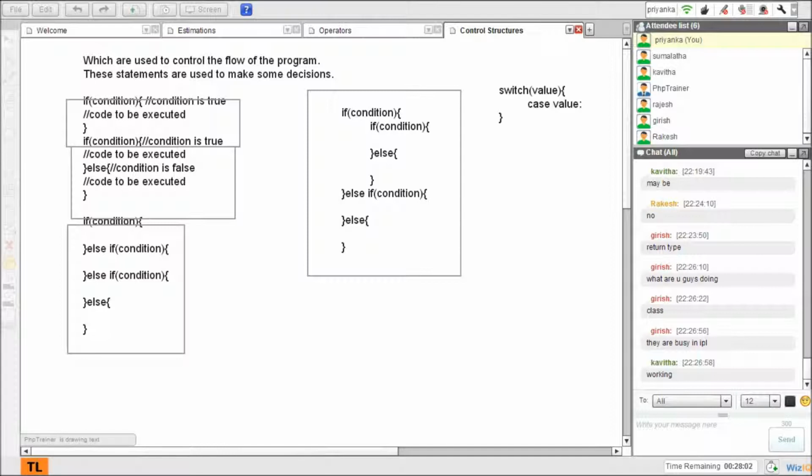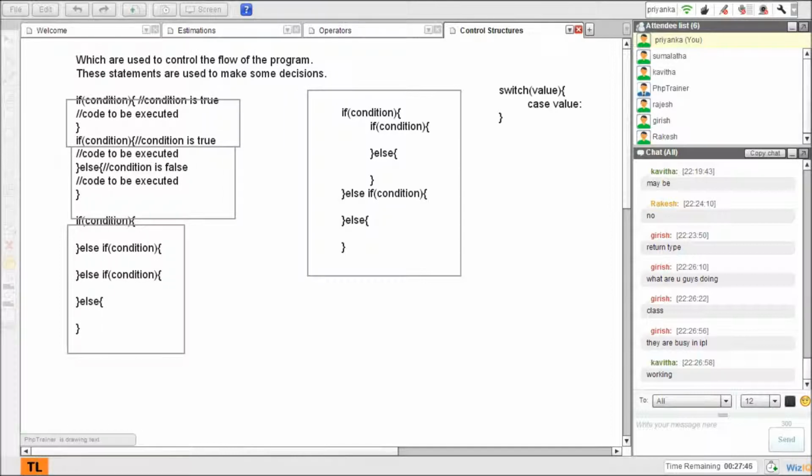So let me just shift this thing. Oh, okay, easy. Fine. I don't know, I messed it up.